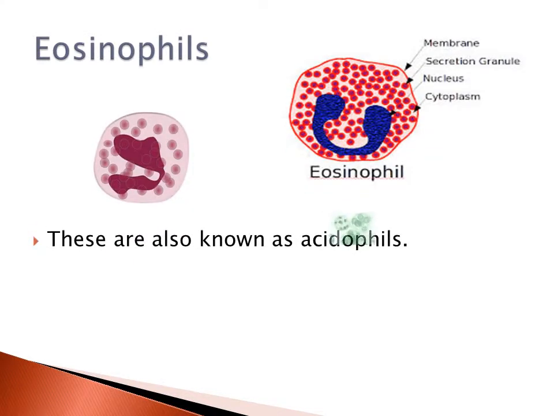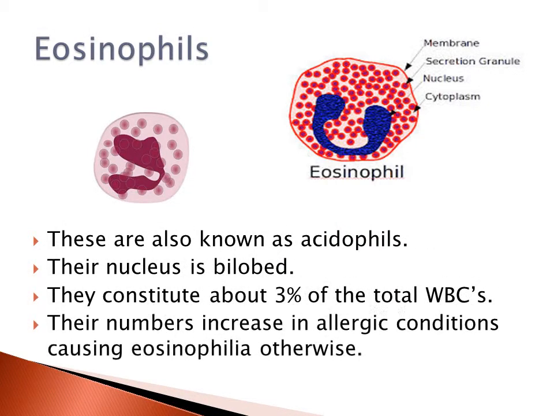In eosinophils, some kind of acid is found, so they are also known as acidophils. The nucleus is bilobed and they constitute about 3% of the total WBCs. Their numbers increase in allergic conditions causing eosinophilia. Otherwise,